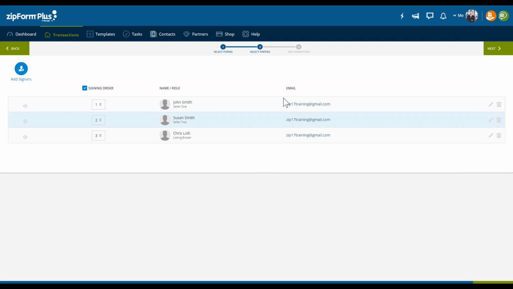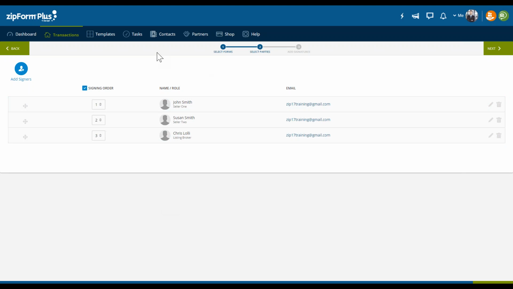Now there's a few key pieces of information I want to talk about here. Okay, and it's signing order and email. This works for either one of the e-sign solutions you have. The first one is signing order. You can choose whichever signing order you want them to fall in. So think of this as you're standing in line at Starbucks. Okay, so it's a sequential order signing, meaning John has to place his order, he gets his coffee, and then he leaves, and then Susan gets serviced with her placing her order, and then her coffee, and then finally me, myself. Okay, this works in the same way.